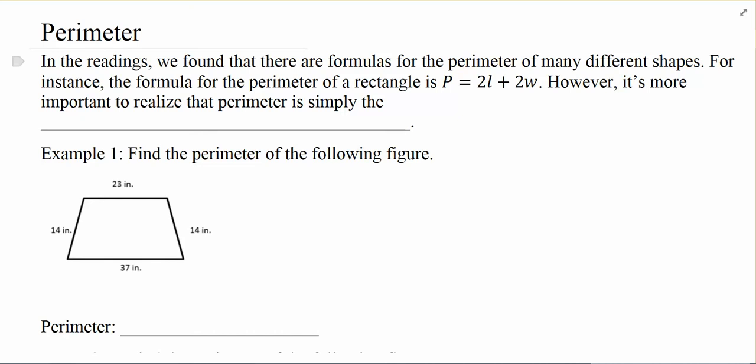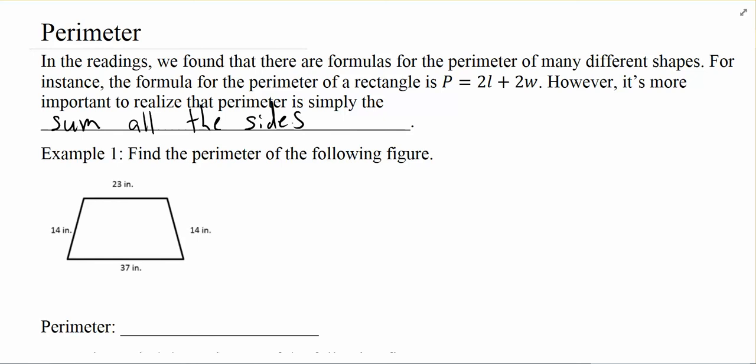All right, let's talk about perimeter. Now, in your readings, you were given some formulas for perimeter, and I really wouldn't stress those formulas too much. It's more important to know the actual definition. No matter which formula you look at, all perimeter is really saying is take the sum, or add all the sides. That's all the perimeter is. You don't really need any sort of fancy formula. Just make sure you know to add all the sides up.